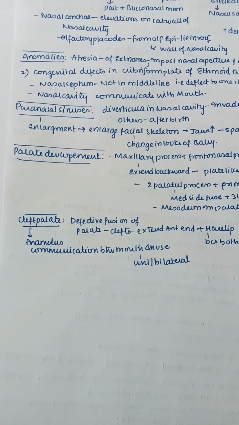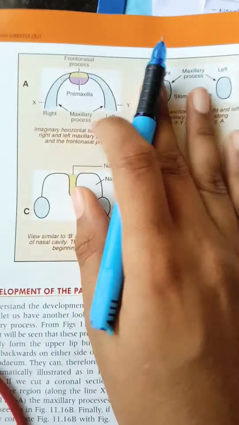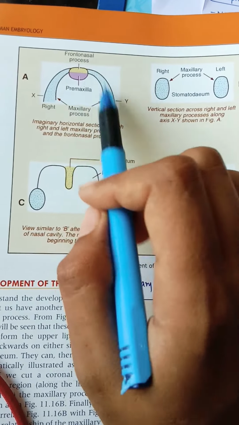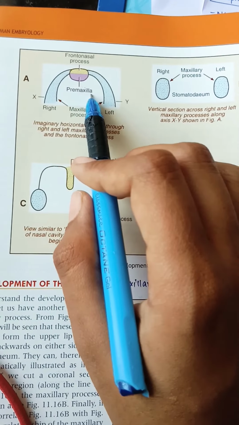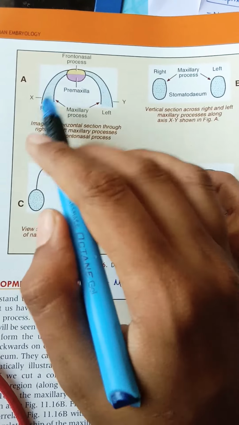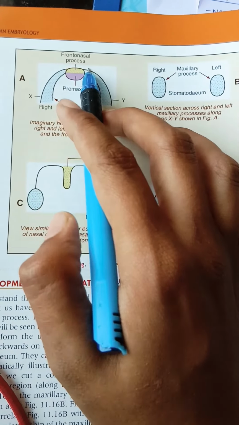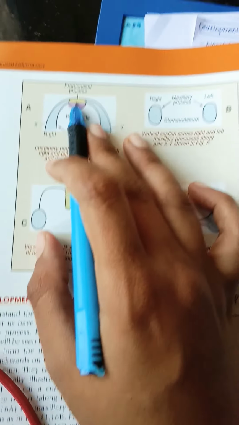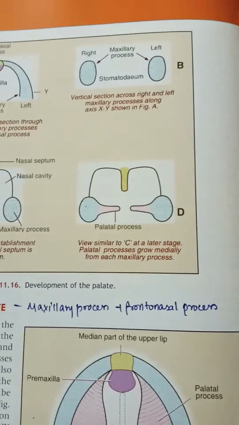First let us see the diagram and understand. Next let us come to the theory part. So here you can check out the frontonasal process, medial part mainly fused together to form a primitive palate or the primary palate, which is also called the premaxilla. So you can say it's the right side and left side of a maxillary process. It comes and fuses with the medial side to form the upper lip, right? So here at the region of this fusion, the medial frontonasal process forms a premaxilla, and you can see the